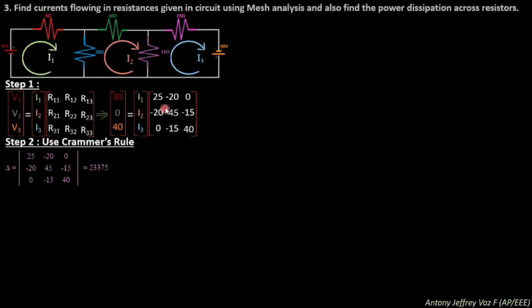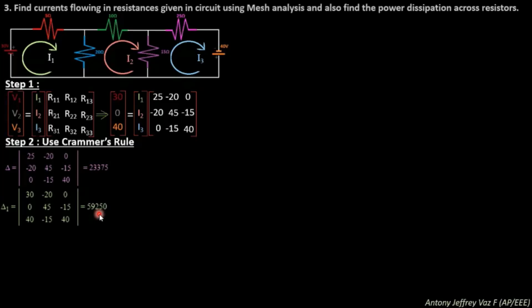The determinant of this matrix 25, 20, 0, minus 20, 45, minus 15, 0, minus 15, 40 is 23,375. Then what you need to do is find the determinant value of delta 1. To find delta 1, remove this column 25, minus 20, 0 and substitute 30, 0, 40 in column number 1. 30, 0, 40, then minus 20, 45, minus 15, then 0, minus 15, 40, and find the determinant value for delta 1, which is nothing but